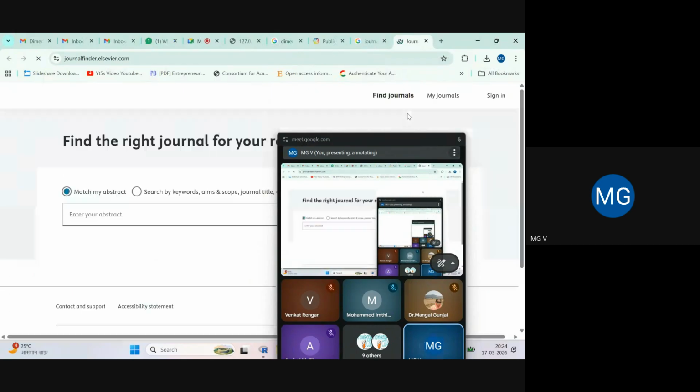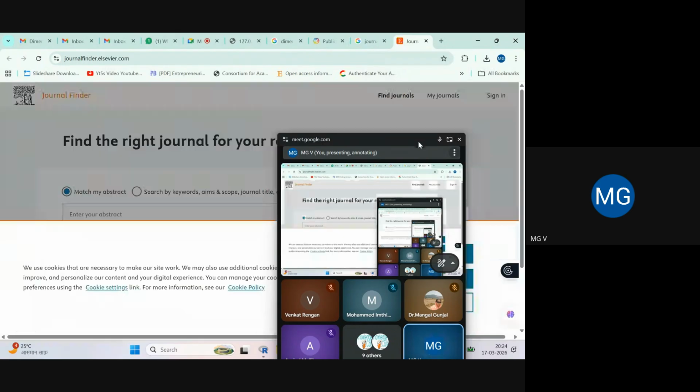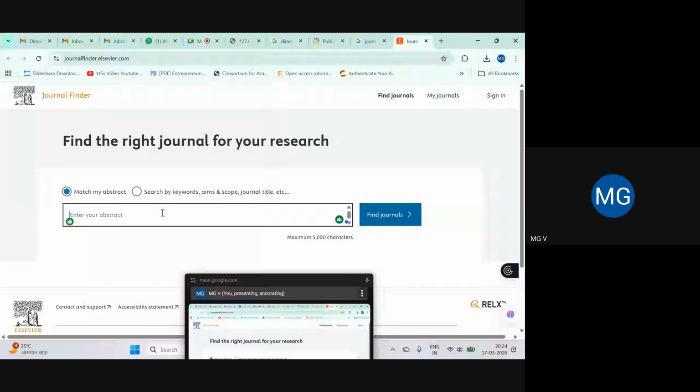Now see, you have two options. Either you can match with your abstract, or you can use some keywords. Like we were using words like digital transformation.